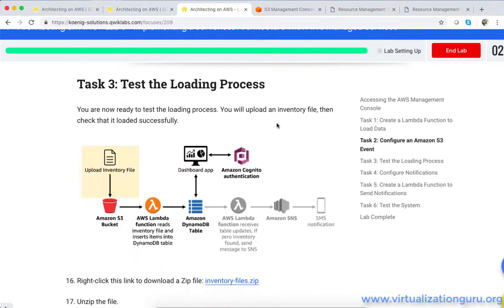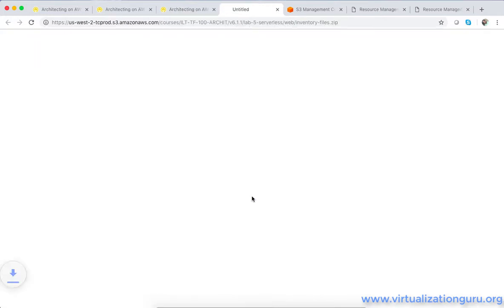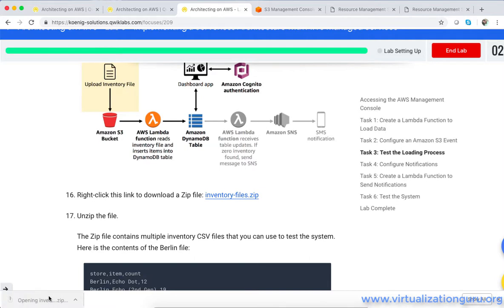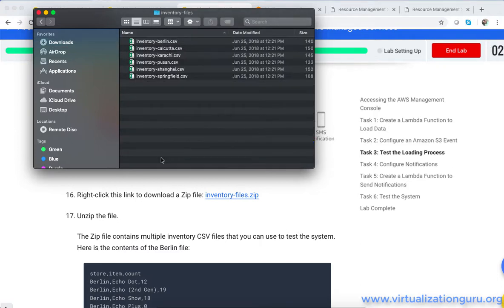So let me download this file, and then if you open this zip file, we have these comma separated files inside that. And now what we have to do is upload these files to the